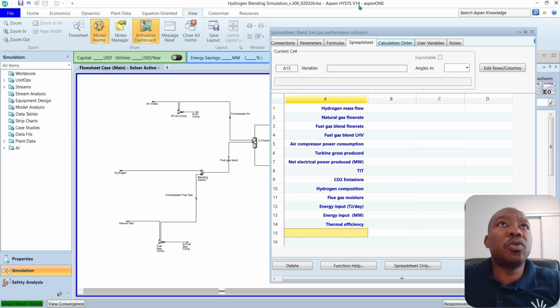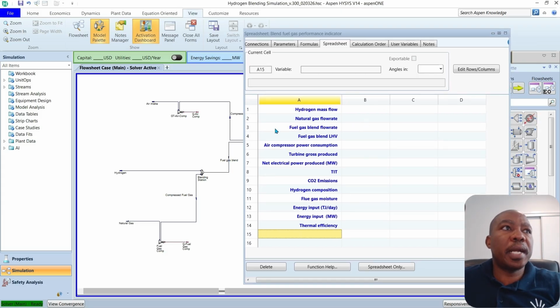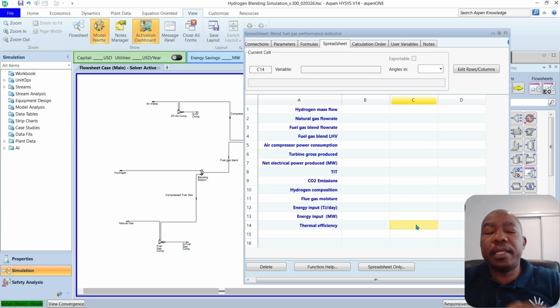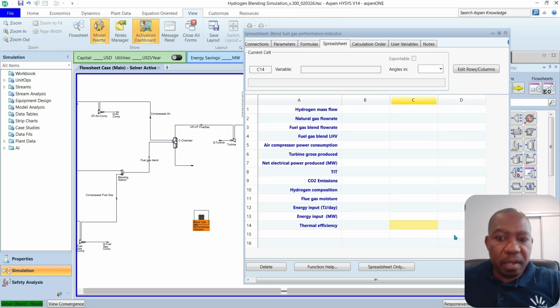So this is going to be our, what I call, dashboard. This is where we're going to be running the model and then coming to the spreadsheet and checking how these variables are changing. I could also just put in the reference values for the base model. In the C column, I'm just going to put in what we had in the base model. So what we had before we changed the hydrogen stream, which is these values here. I'm going to double click on there. The thermal efficiency was